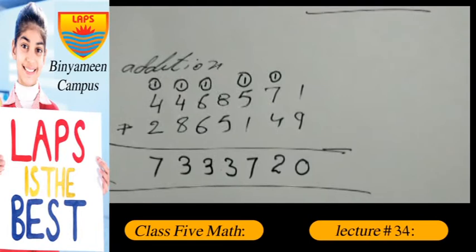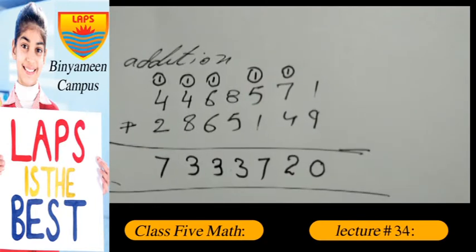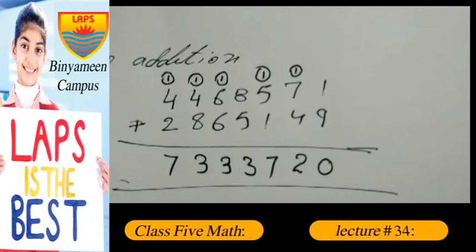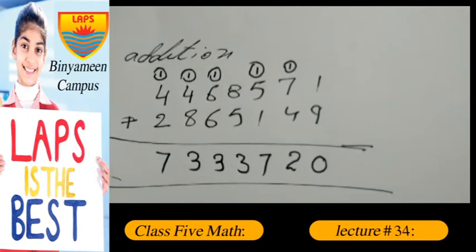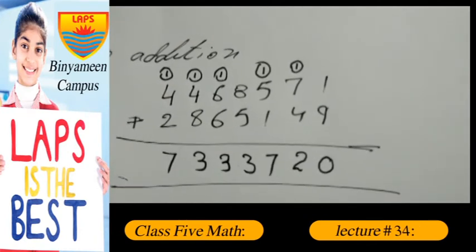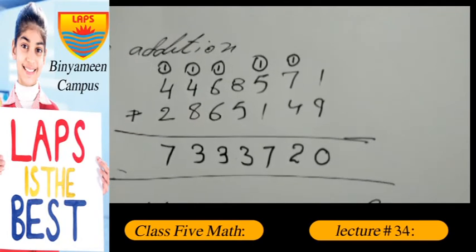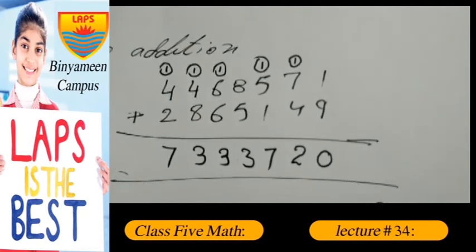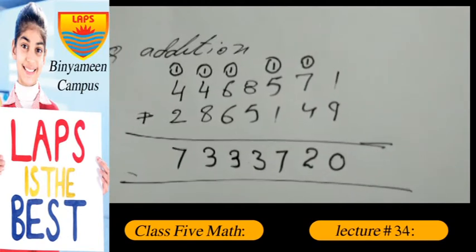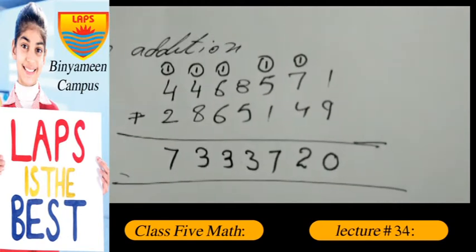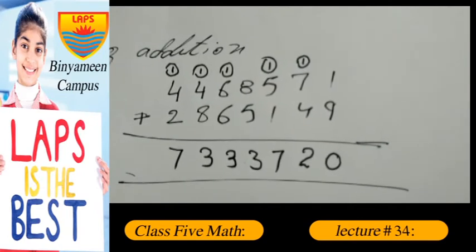Addition. First 9, 1 plus 9, 10, put 0, take 1 carry, then 7 1 8, 8 or 4, 12, 10 write 2, then 1 carry, then 5 1 6, 6 1 7, 7, 8 5 13, 3 1 carry, then 6 1 7, 7 6 13, 3 1 carry, then 4 1 8, 4 5 4 1 5 5 8, 13, 13, then 3 1 carry, 4 1 5 5 2